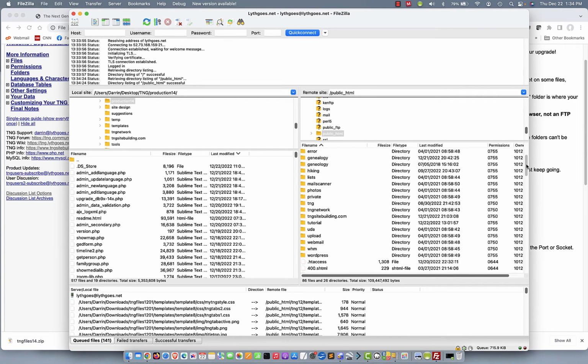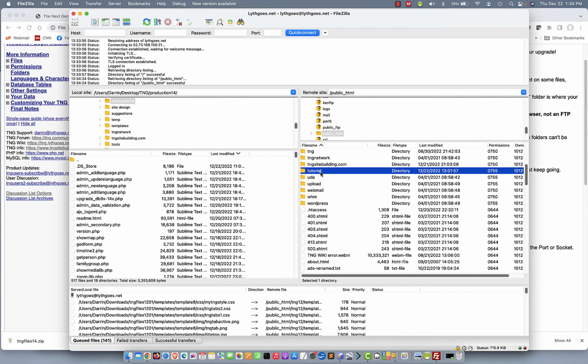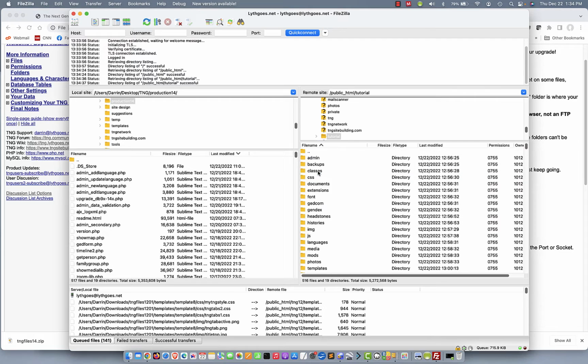And I've already designated a new folder, tutorial, to hold the files. And I've already, in fact, double click on that, uploaded them all, save a little time here. But if you hadn't uploaded them, then the next step would be to find your TNG files on the left side on your computer. And here, I put them in the production 14 folder, and so here they are,